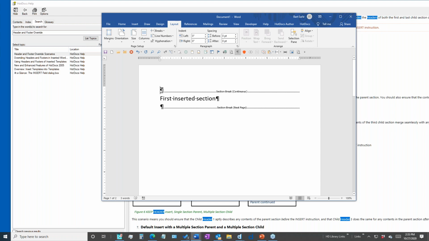So what you can do is make these conditioned on one condition, and then make the insertion of this section break continuous conditioned on the opposite of this condition. And then in the section above this, you can have the properties that you want to apply normally